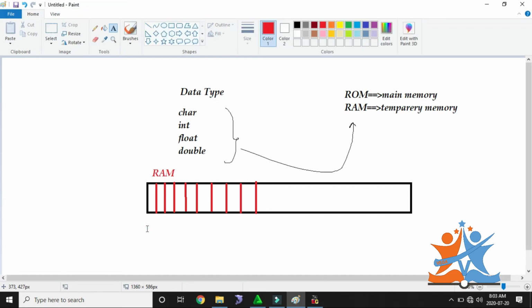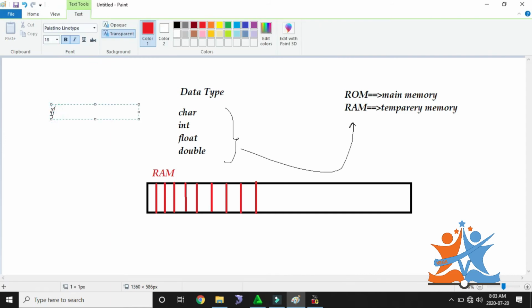So inside RAM, we need to store some values. For example, if I provide one input to the C program, say V, what type of data type is that?